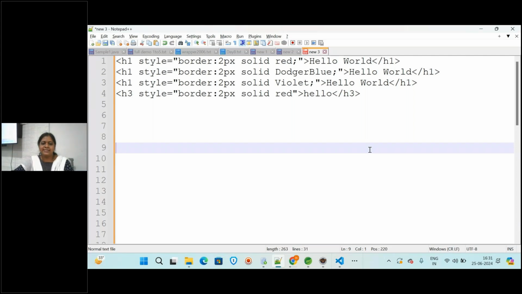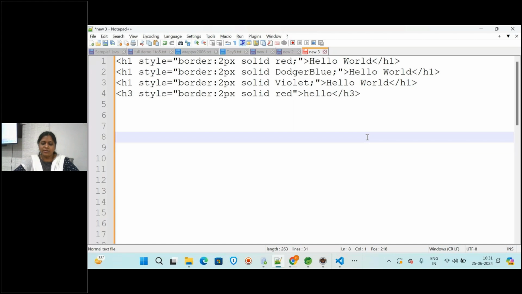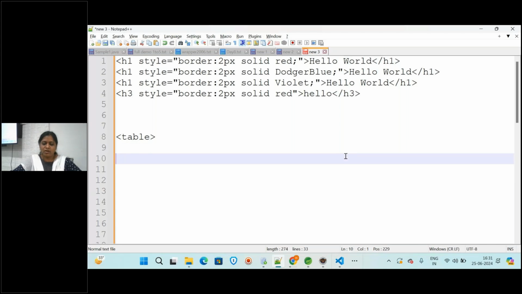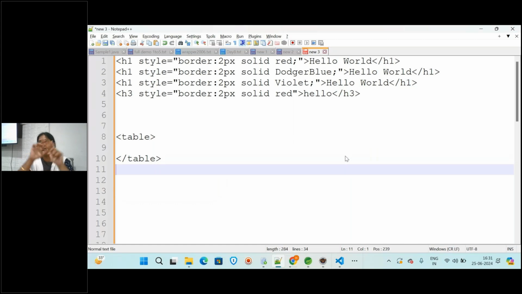Okay, next let us learn about the table tag. We all know how to create a table. A table will have rows and columns, right? The table tag also creates rows and columns. Inside the table, whatever we write will be considered as table format.